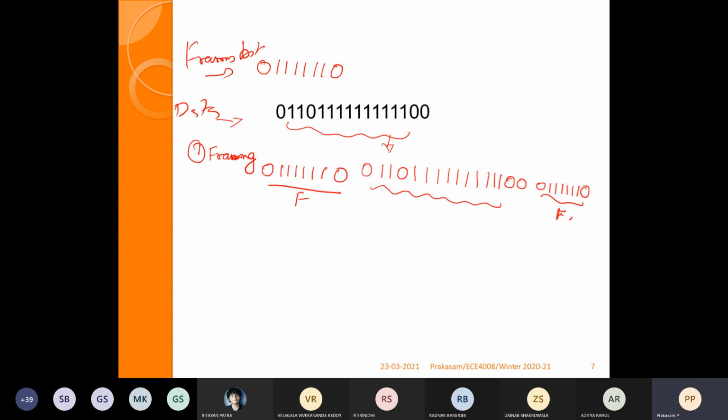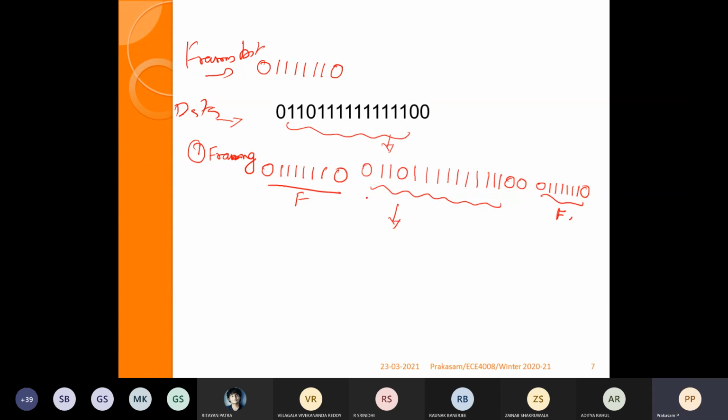Okay. So now, what is the need for stuffing? Suppose without going for any stuffing, that means adding additional bits into the data, I am transmitting only with the framing. On the receiving side, this is the receiving data.